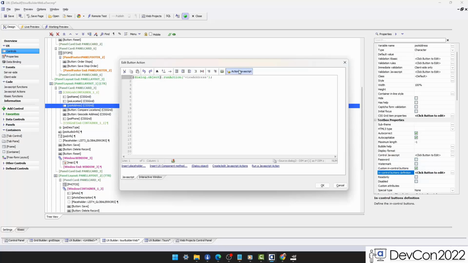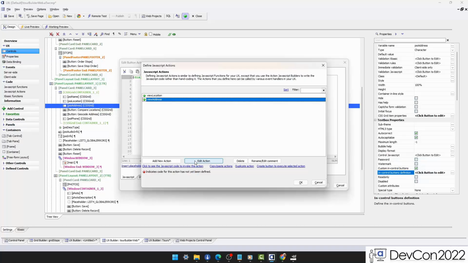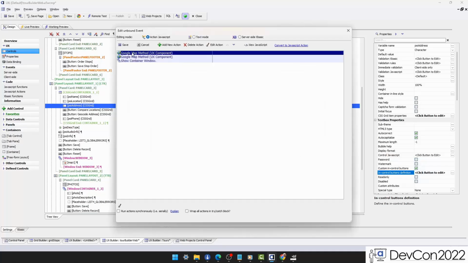We're looking at addresses. So if we go into action JavaScript here and we click create edit, you'll see there's 2 here, one called view address, one called view location. View address plots the address, view location plots the location. Let's take a look at this one. Let's edit this one. There are 3 Google Map actions in here. The first one